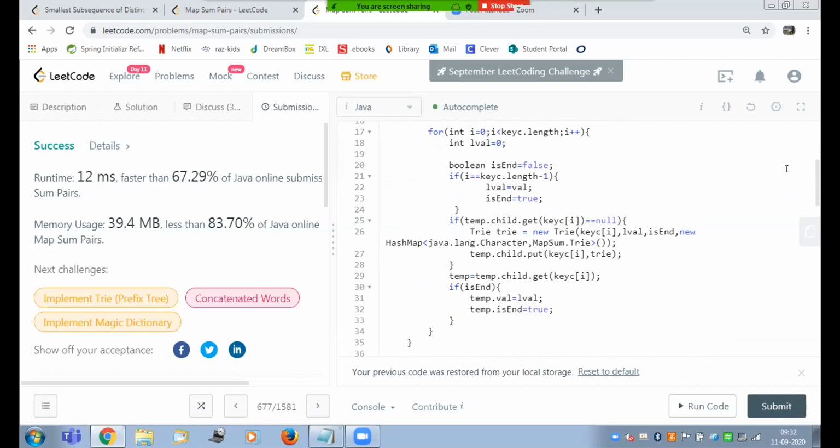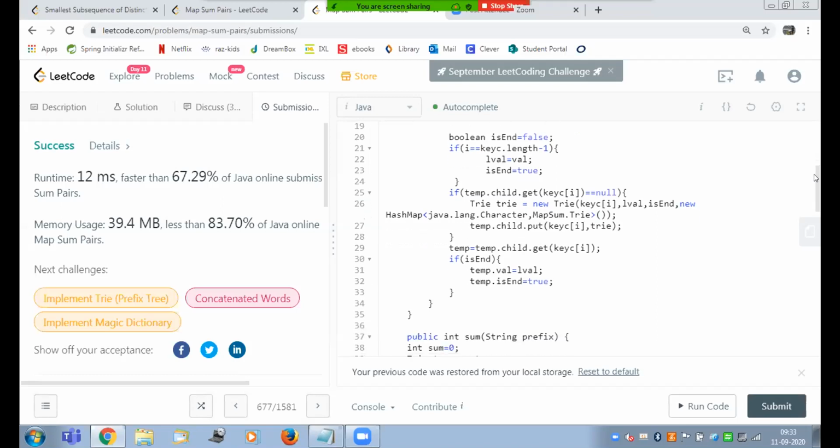That is only O of k plus then all the child. O of k, I'm just taking for the key APP, so we need to go 3 levels and then visit all the child. Maybe there are 26 children, so O of 26. The longest word, right? In the worst case.